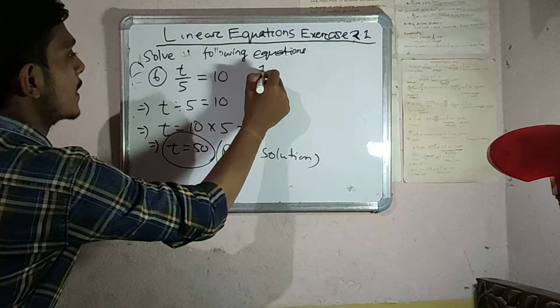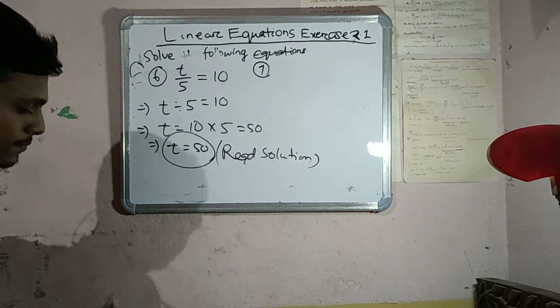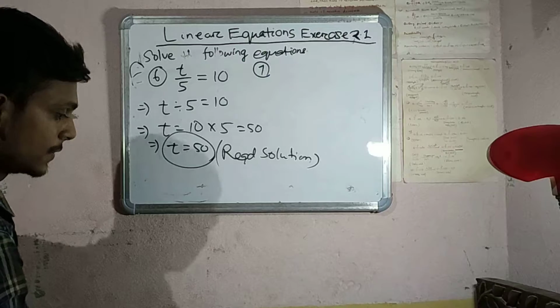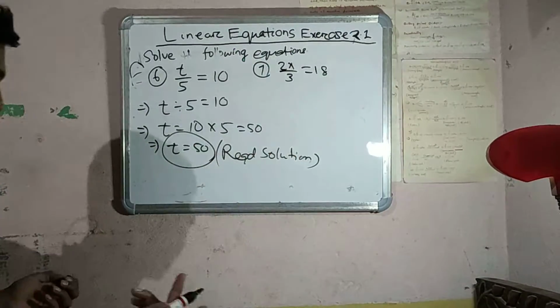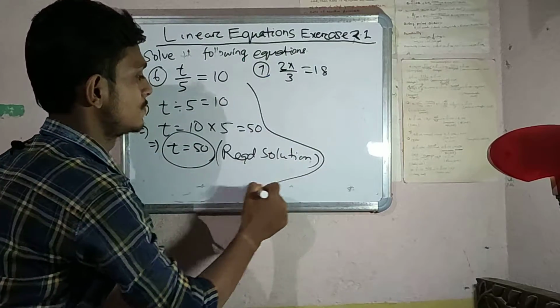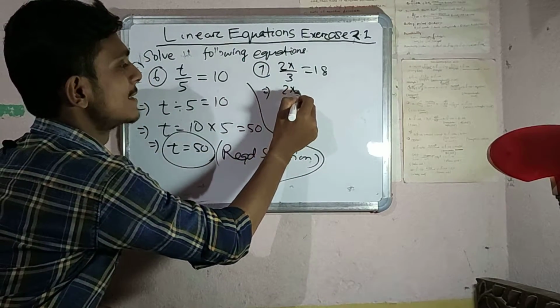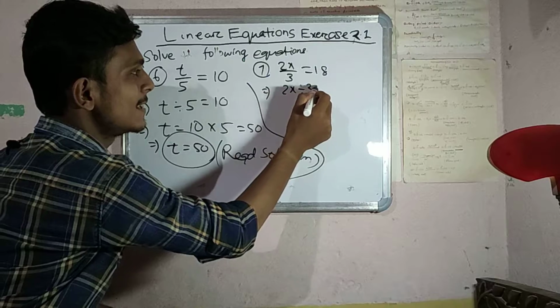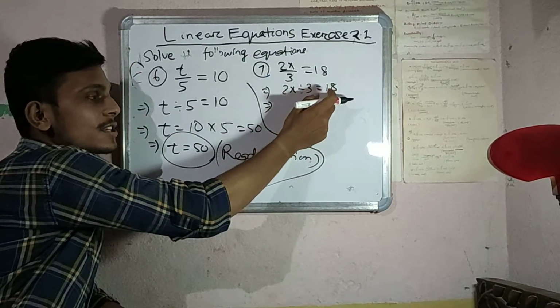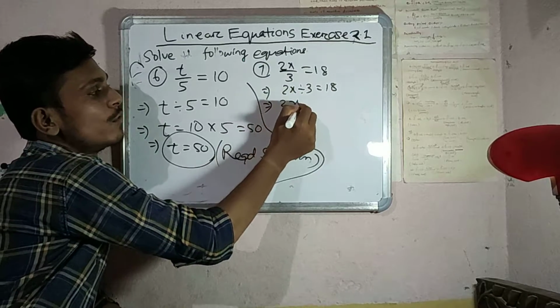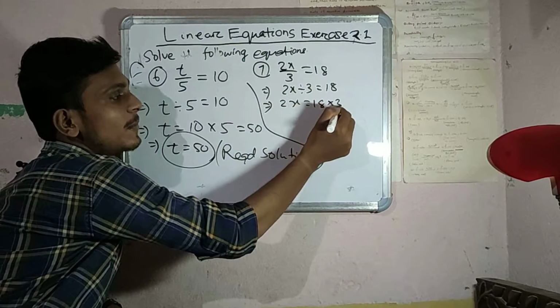Then question number 7. 2x upon 3 is equal to 18. In a similar way, see, 2x upon 3 means that it is divided by 3 and is equal to 18. If 3 is divided here, when it is transposed to the right side, 2x is equal to 18 multiplied by 3, that is